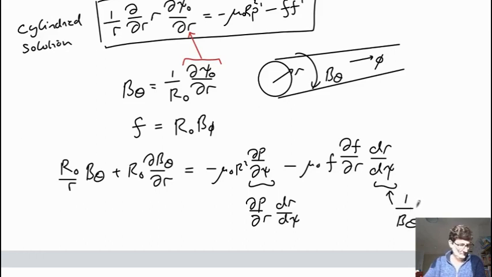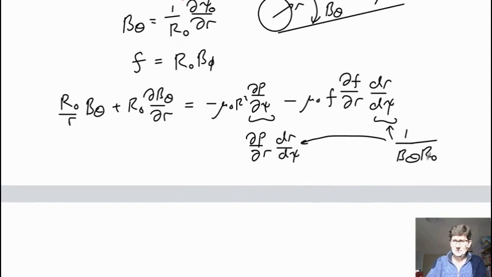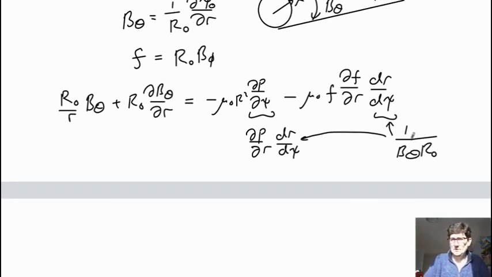b theta times r naught. And so now we have a 1 over b theta r naught going into here. So both these terms have a 1 over b theta r naught. We transformed the derivatives in psi into derivatives in r. And so we multiply both sides of the equations by b theta r naught. So we multiply both sides of the equations by b theta, and then we divide both sides of the equations